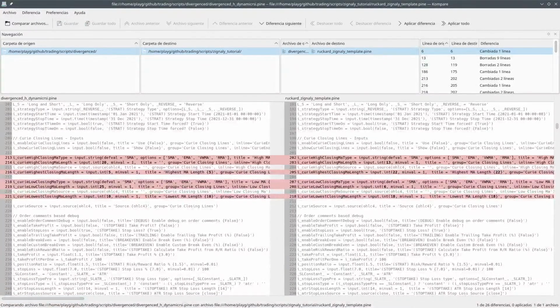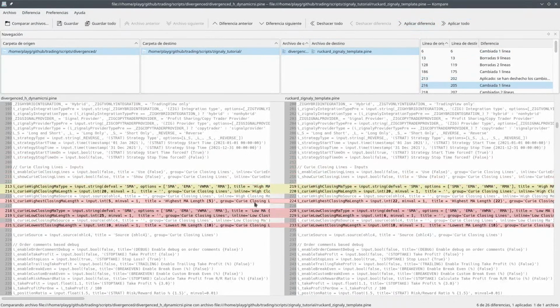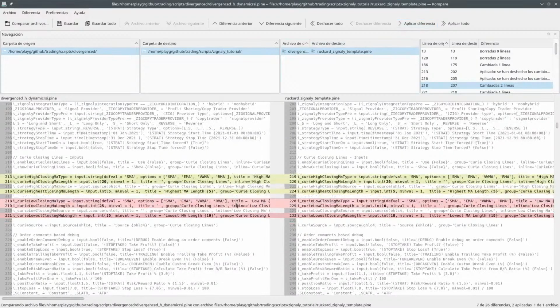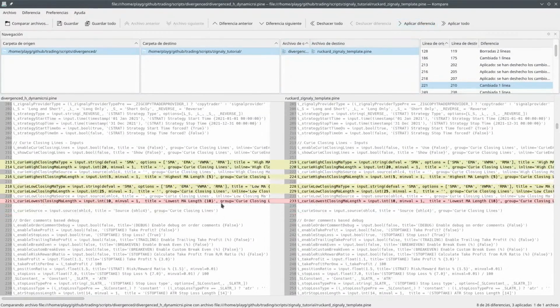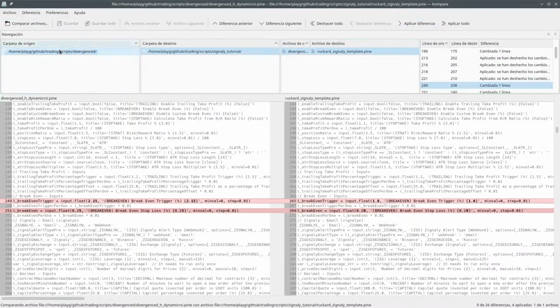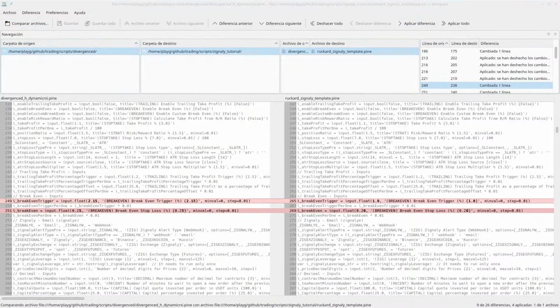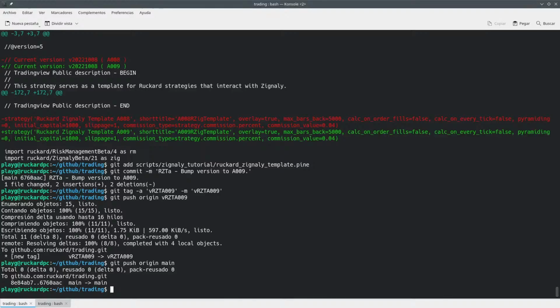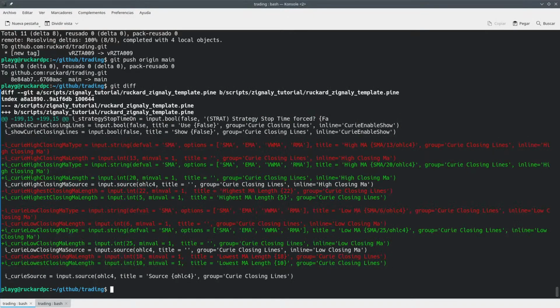I'm going to apply this change, and I'm going to update these settings on the Ruckard Zignaly template, so that it's the same thing, although it's not needed at all. I think that it's somewhat needed. So let me check if there's any difference